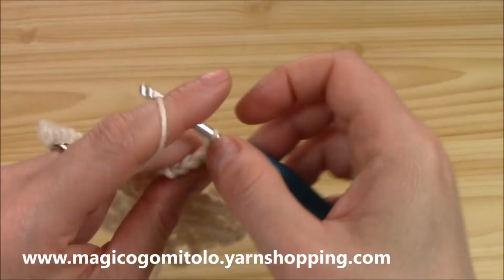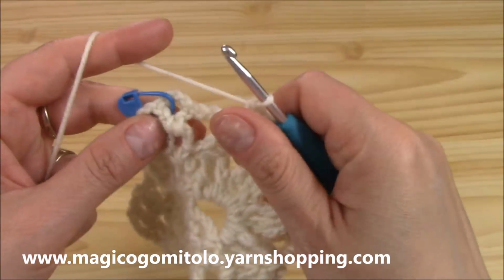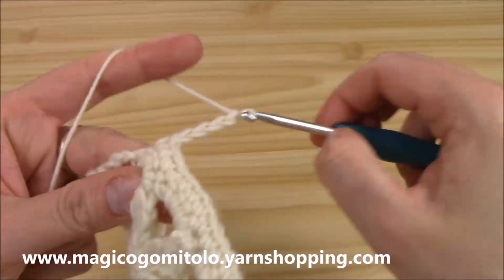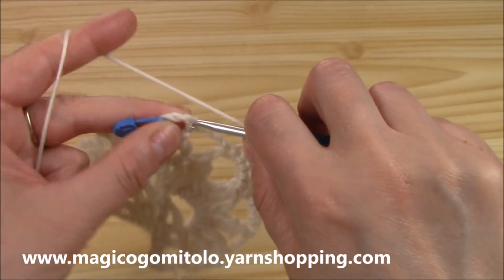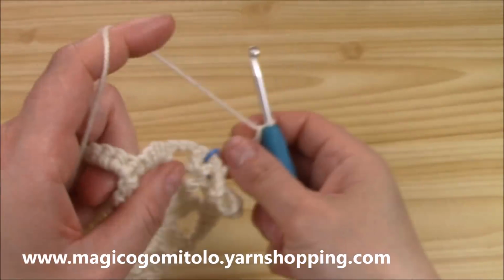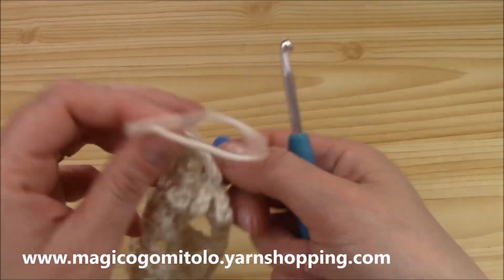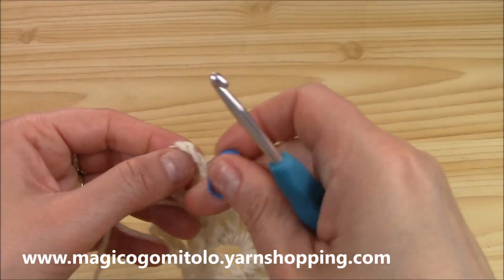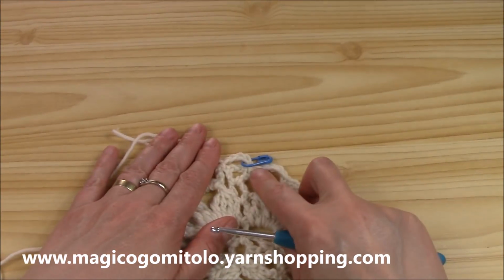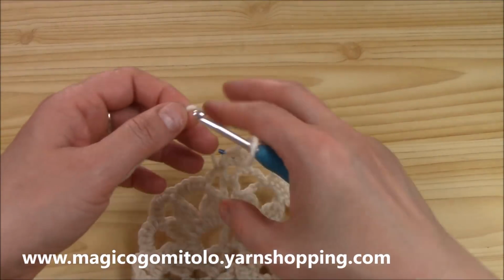We skipped the first, we will skip the last. Yes, here we are. Now for the central line, we will chain 5, we will insert hook into the double crochet and slip stitch, chain 5, insert hook into the next double crochet and slip stitch, and put the marker on it like this. Okay, so chain 5, slip stitch into the double crochet, chain 5, slip stitch into the next double crochet, and